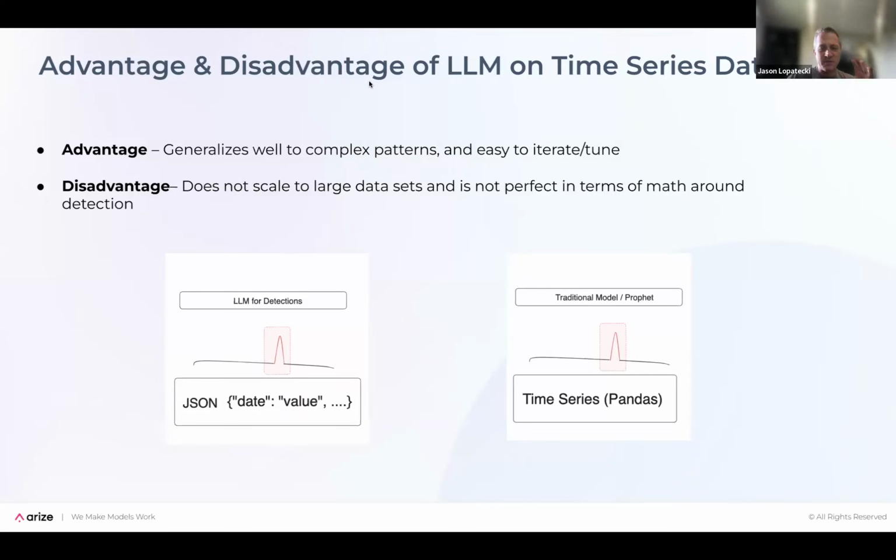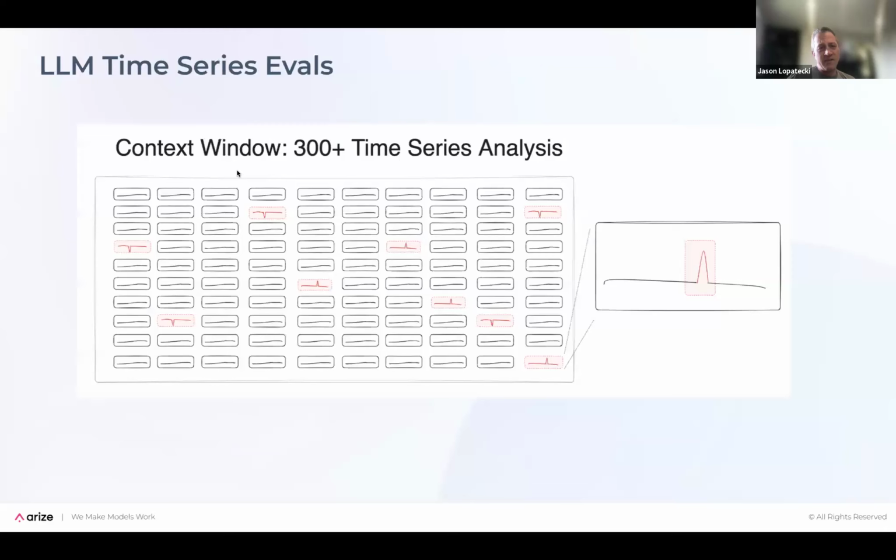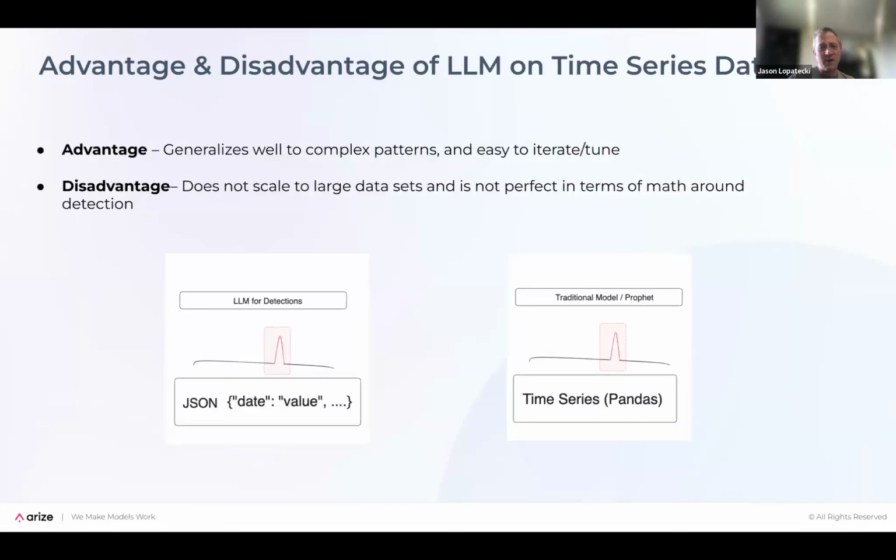So the number of time series we're talking about here at once in the context window: the 110K token context window can fit about 300 time series. So you're not talking about that many. We haven't tested Gemini 1.5 yet, so you might be able to get maybe another 10x this into the context window. But basically what it is is JSON data in the context window. How well can an LLM detect with very little work on top of it in terms of fine tuning or pre-setup?